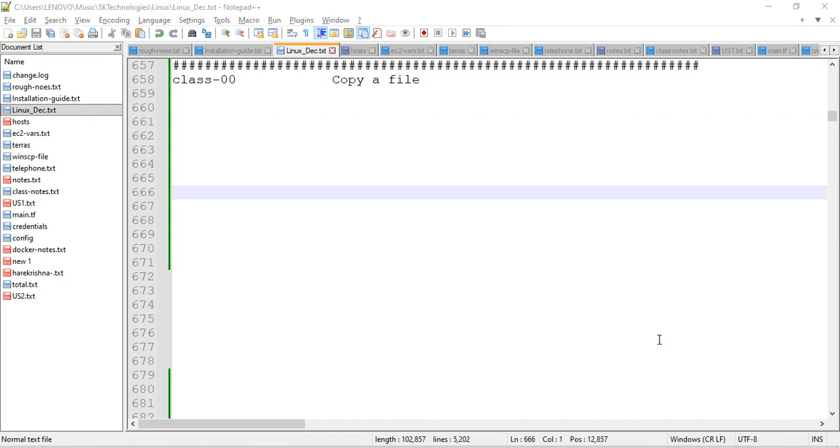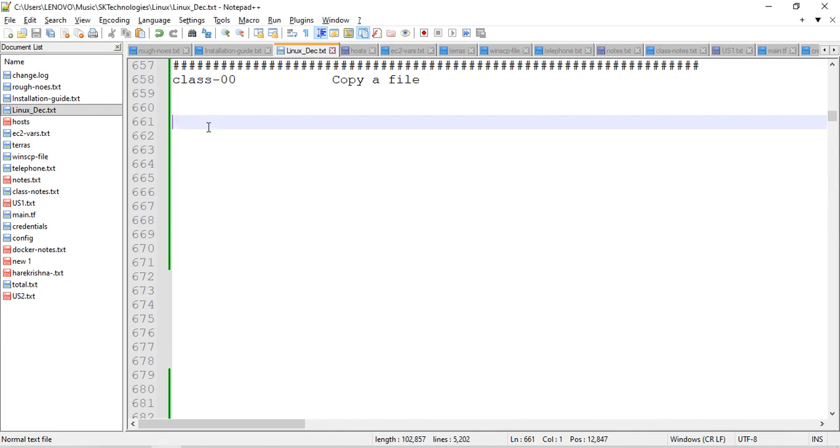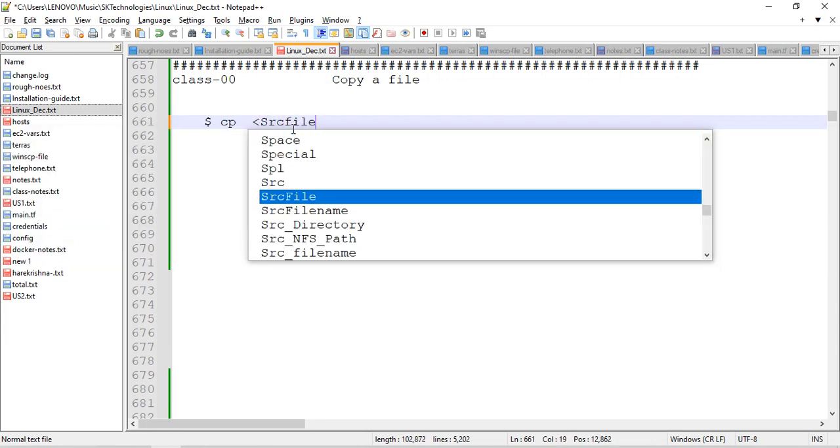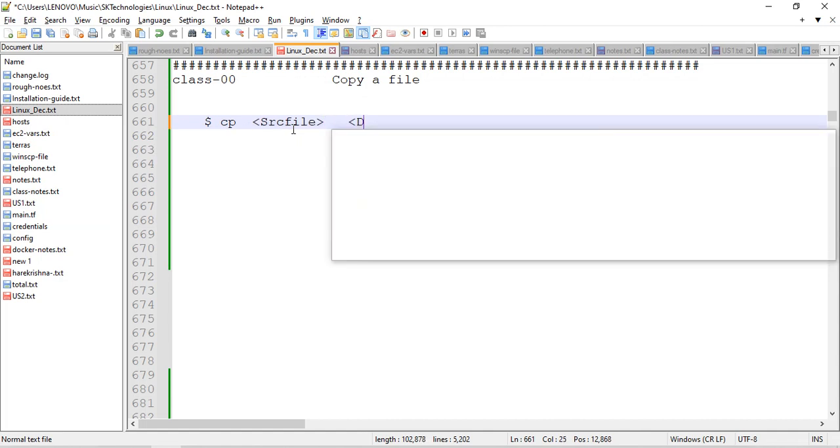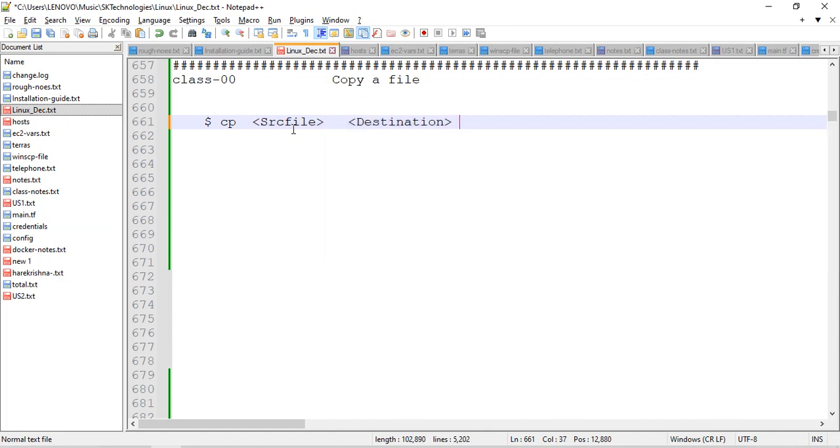So it's a very simple command, but there are various methods, I mean, various situations. It depends on how you are copying and from where to where you are copying. So many scenarios are there, and I will try to explain them. The command is very simple, like cp, then your source file, whatever you want to copy, then you have to specify the destination. So here, based on the destination, the scenarios will be